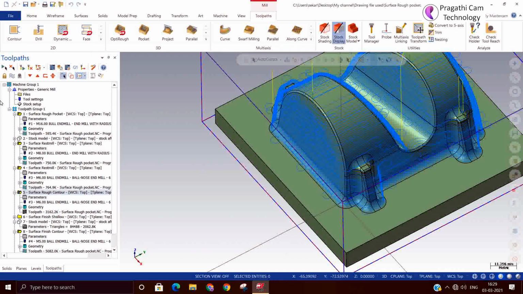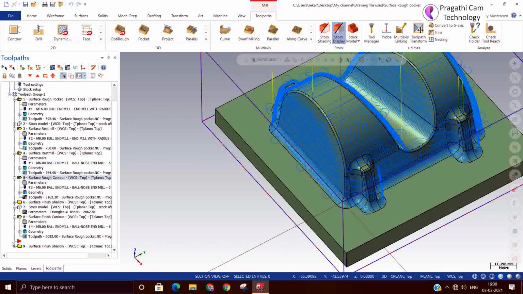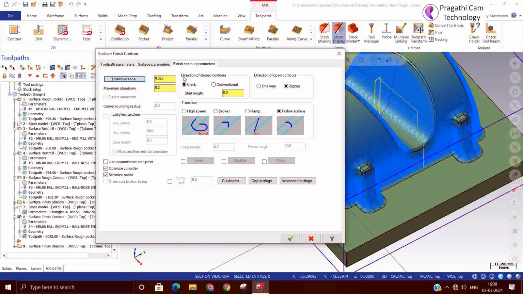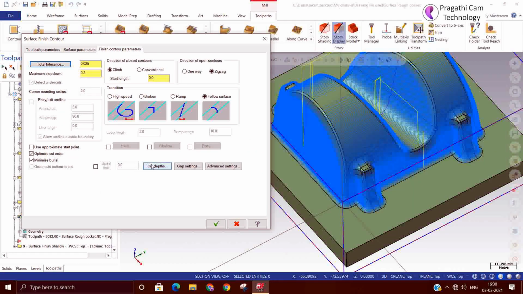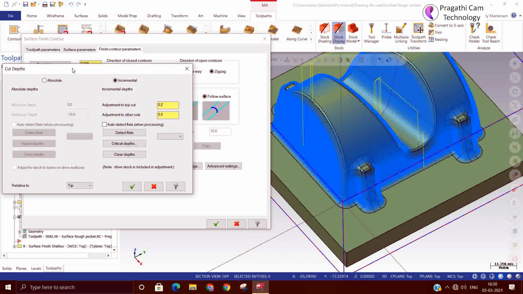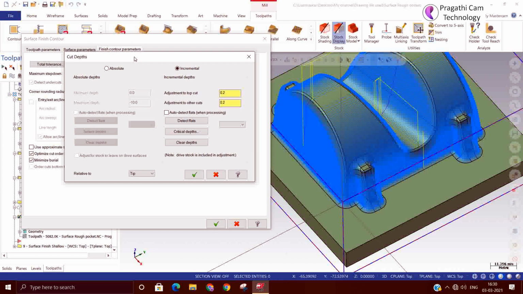So now we are going to see what it is going to do. We will see one by one. First of all, the first one is the depth strategy. I selected the first one. One cut depth strategy we are going to see. I just switched it on, so it will look like this in the default mode. If you want to switch on the cut depth strategy, switch to absolute, 0 to minus 10. Up to that I am going to machine.